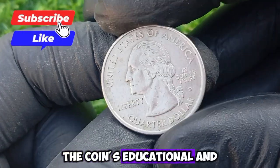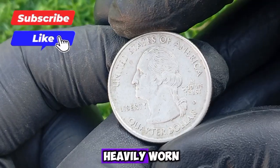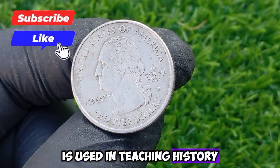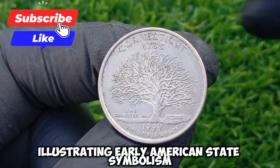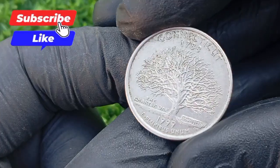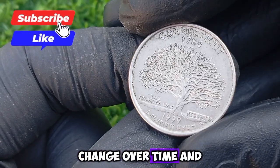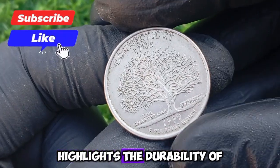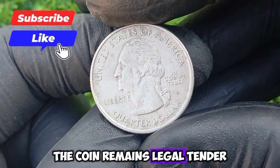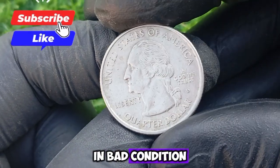Moreover, the coin's educational and sentimental value cannot be overstated. Even if heavily worn, the 1999 Connecticut quarter is used in teaching history, illustrating early American state symbolism, and demonstrating numismatic grading principles. Its wear patterns provide a practical lesson in how coins change over time, and its composition highlights the durability of cupronickel-clad coins. The coin remains legal tender, and while it may have limited market value in bad condition, it carries